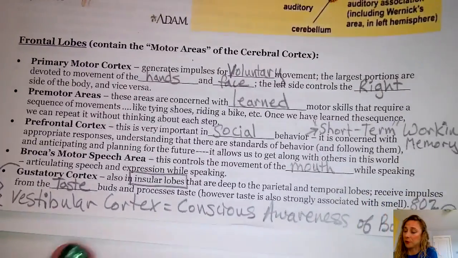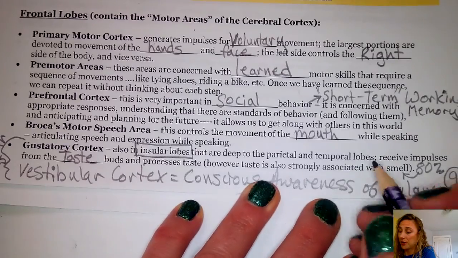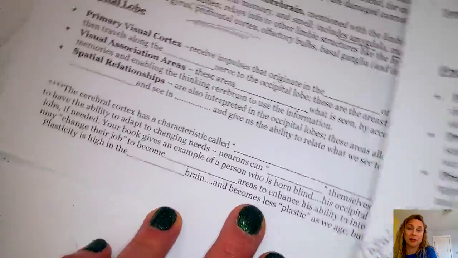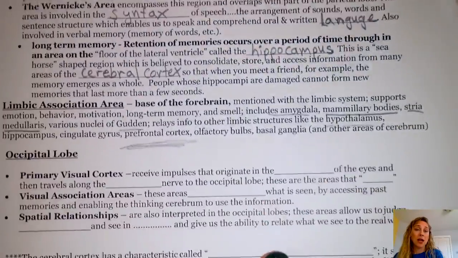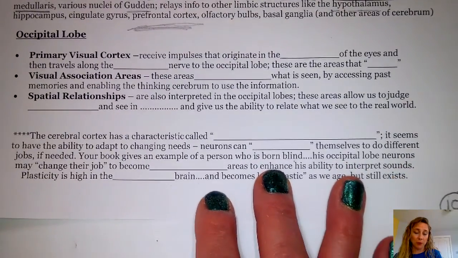Okay, so vestibular cortex: conscious awareness of balance, and it works with the inner ear. I don't know if you can squeeze that in there, but it's something that we just decided to add in these notes. Okay, last but not least, as far as the lobes go, the occipital lobe that's in